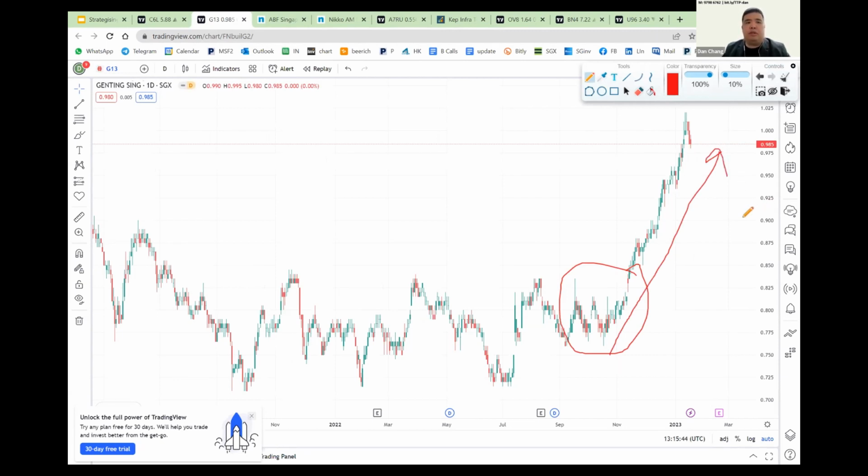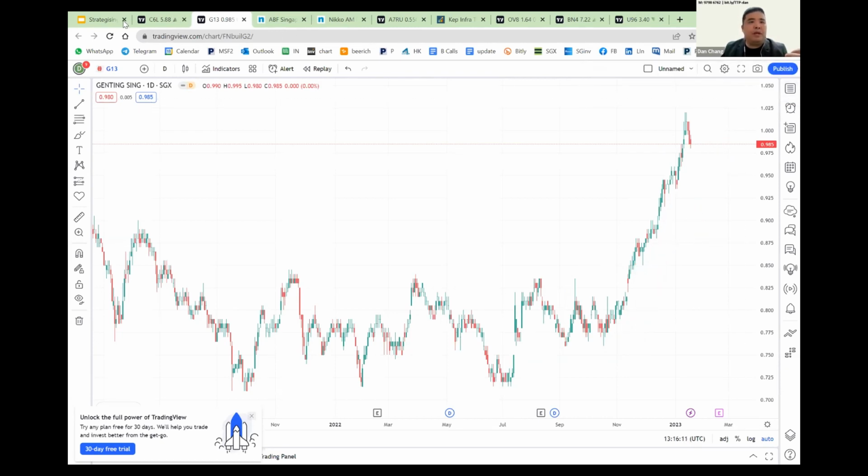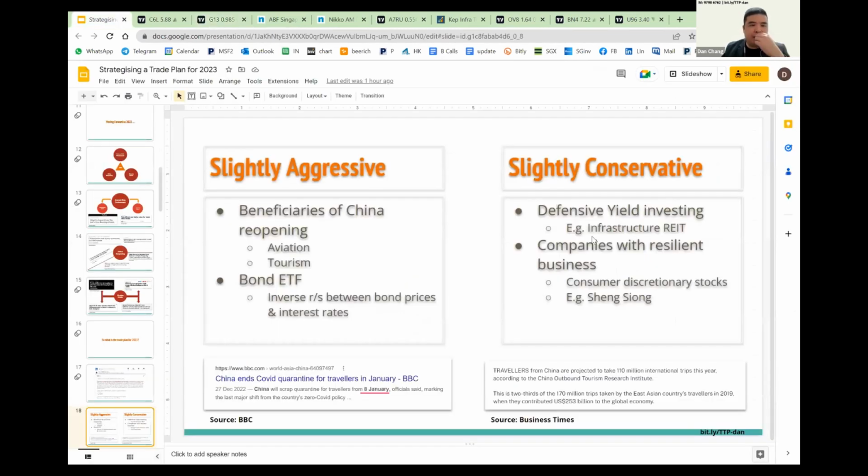So again, it was proven that the stocks, or rather the market, reacted to it. It's not that it could be reacting; it has already reacted, and it is poised to even bring in better revenue to the company, because we are just at the start. So other than China reopening,